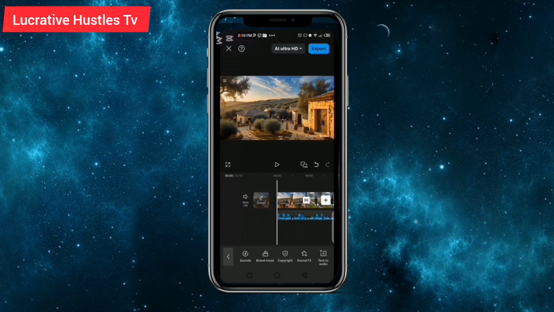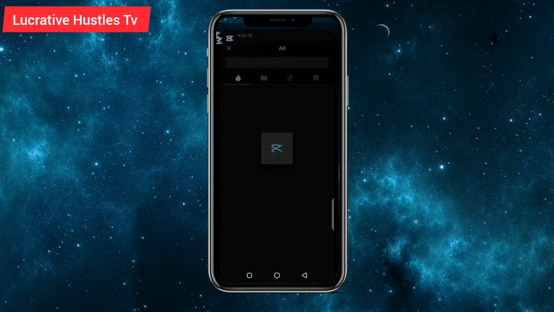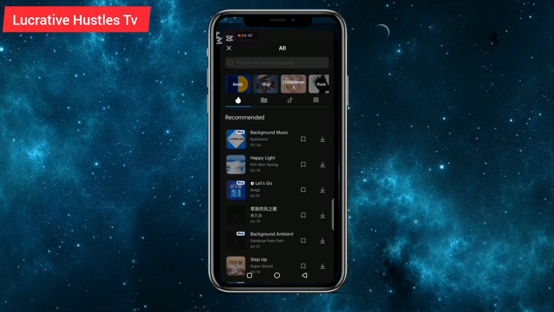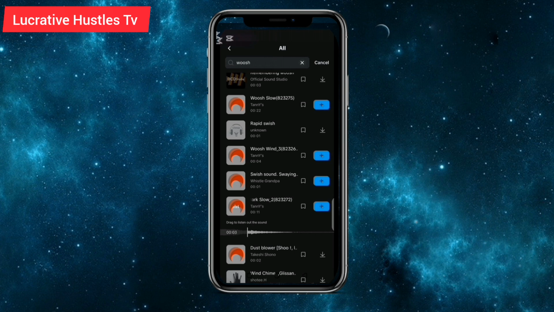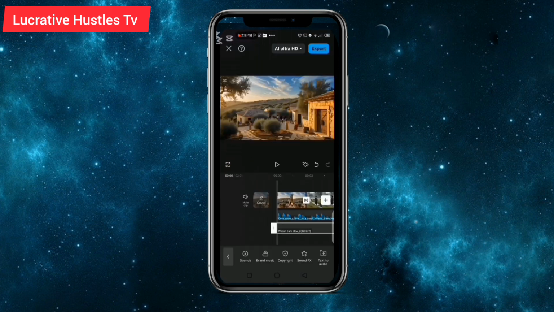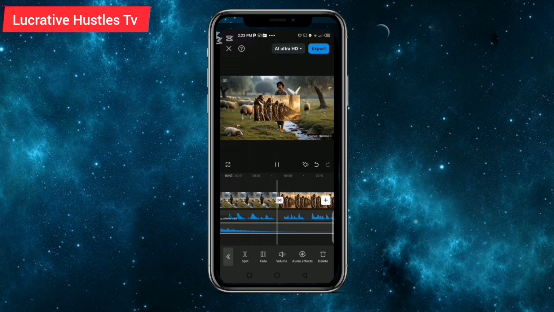So the next step is for us to add background music. For us to do that, just click on sound and come here and choose any music that you want. I highly recommend that you take your music from YouTube music library. This one's showing red here, but they are all free of copyright. You can choose any one here that suits your video. Once that is done, just make sure you reduce the volume to either 10 or 15 in order for the background music not to overpower our voiceover. Don't worry, I'm going to be playing the full video at the end of this video.